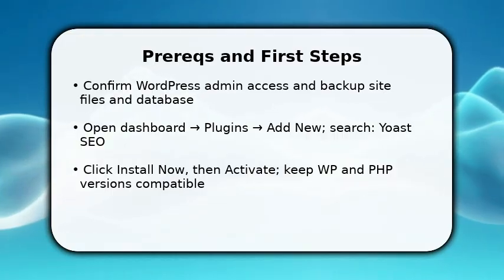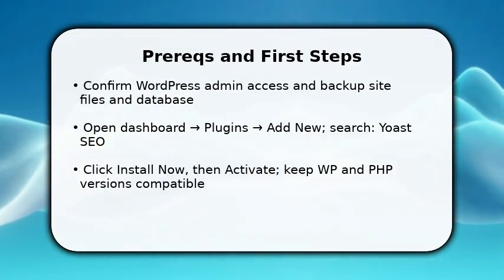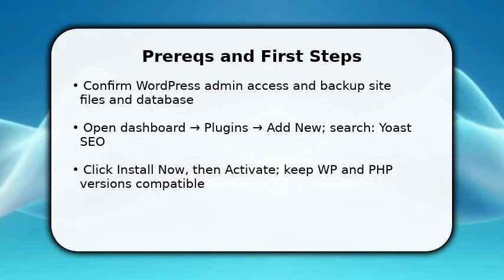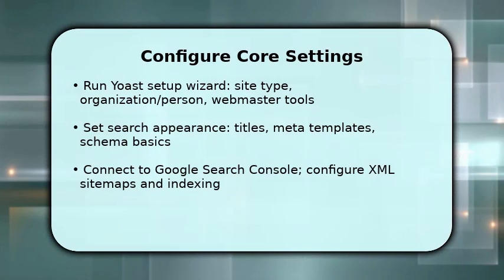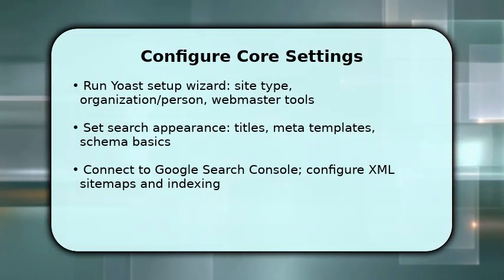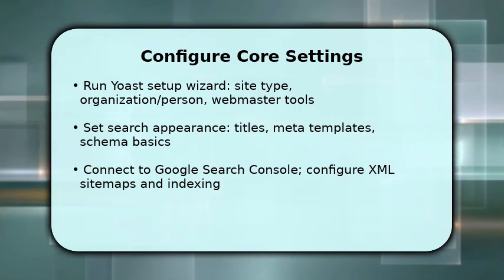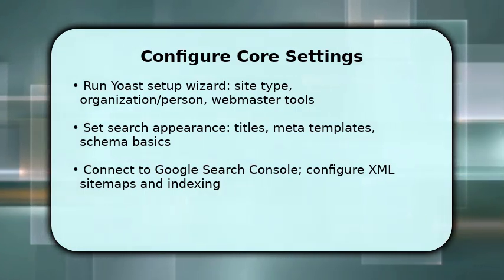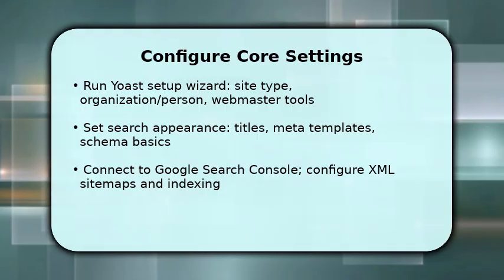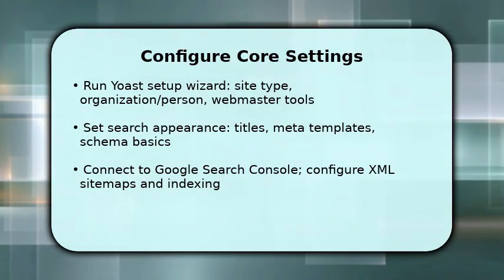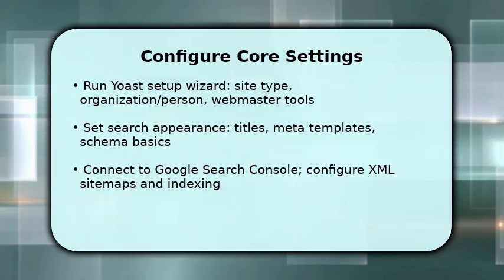After activation, you'll see a new SEO menu. Keep that visible because you'll use it in the next steps. Now run the Yoast configuration wizard to define site type, organization versus person, and connect webmaster tools. This seeds structured data. Once done, go to Search Appearance and set title and meta templates so pages and posts